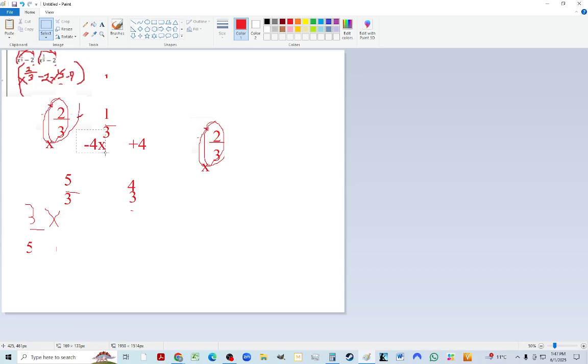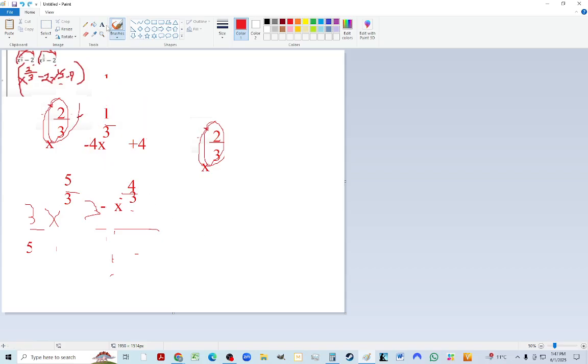You bring this down, and you have to divide it by that fraction to get rid of it, 4/3. Well, when we're dividing by a fraction, it's multiplying by the reciprocal, 3 over 4. I can see that the 4's here will cancel. And I'm left with minus 3, which means the antiderivative of this here is